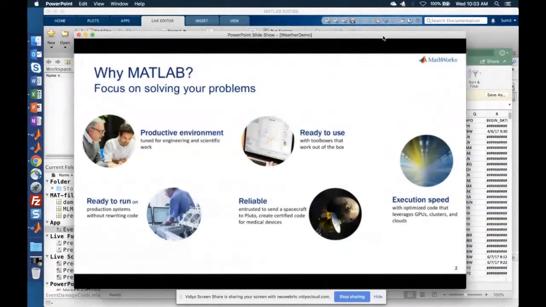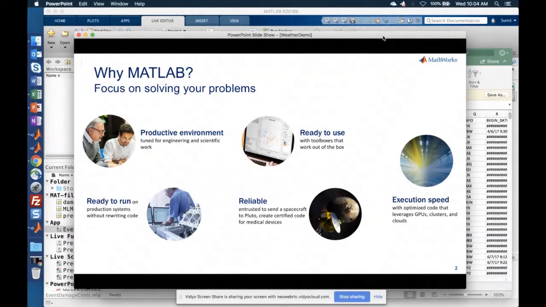So the first thing I wanted to cover a little bit is why MATLAB as a tool of choice for your work. Over the last few decades, we have been working on making MATLAB as productive and as easy to use as possible for engineering and scientific applications. And we're trying to make sure that you focus on your work as opposed to spending time working on other things.